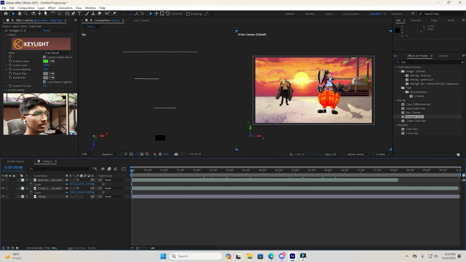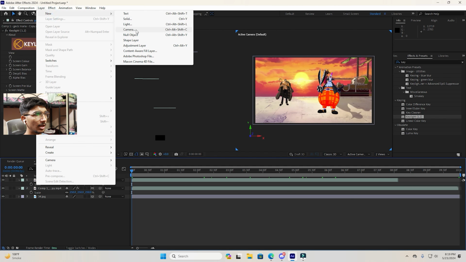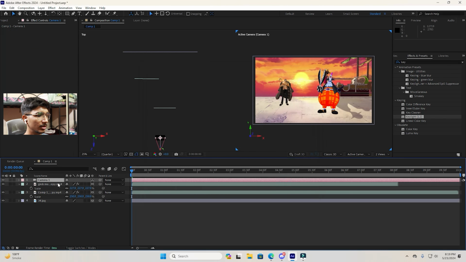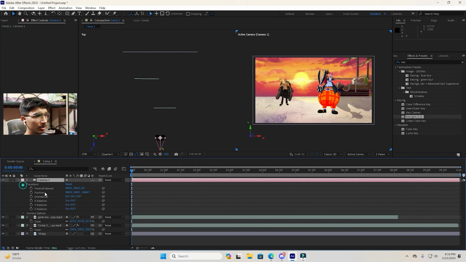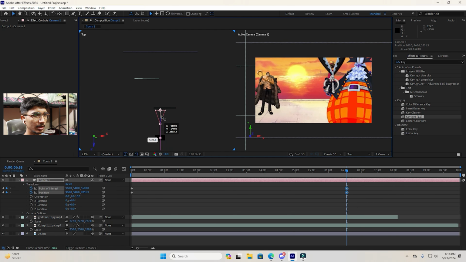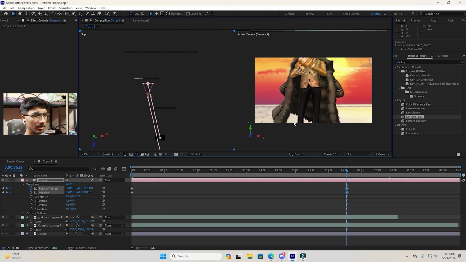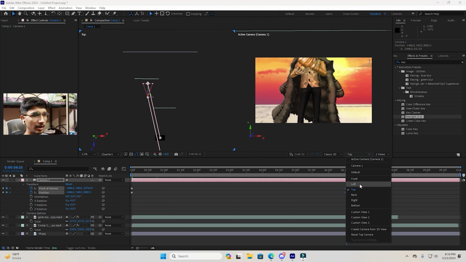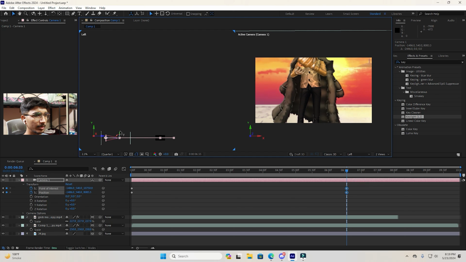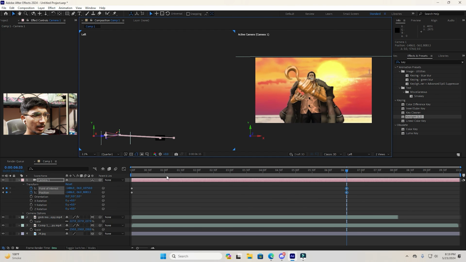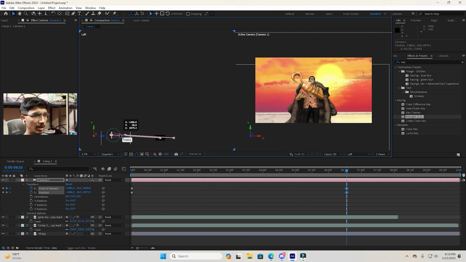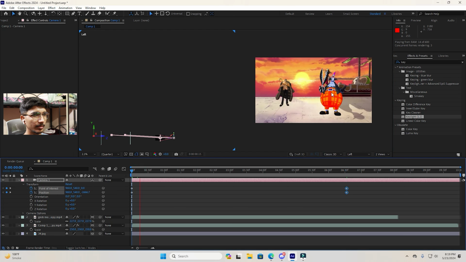Okay, now I'm going to do Layer, New, Camera. Opening the camera properties, go to the Transform, select both of them, go to the end, go till, say for example we are going to here only, and now we are animating this stuff. So let's just focus on the crocodile. Now changing the view from top to left, right, whatever you want. You just have to make a little bit of something like this and make the camera a little bit back. And if I play,